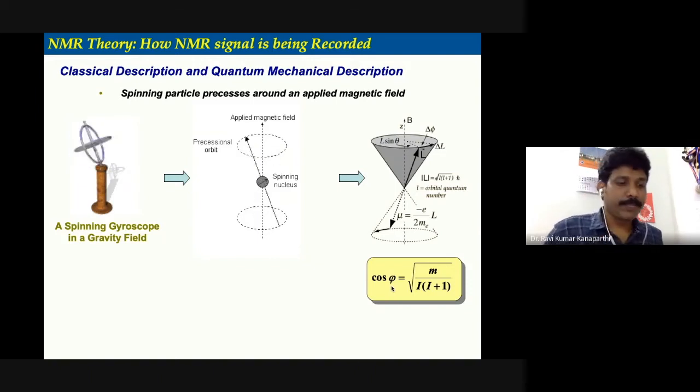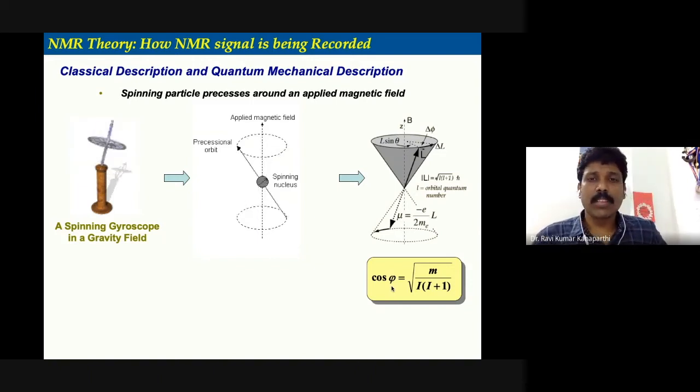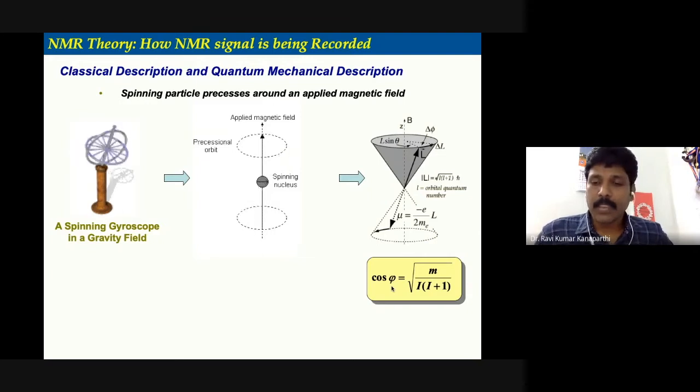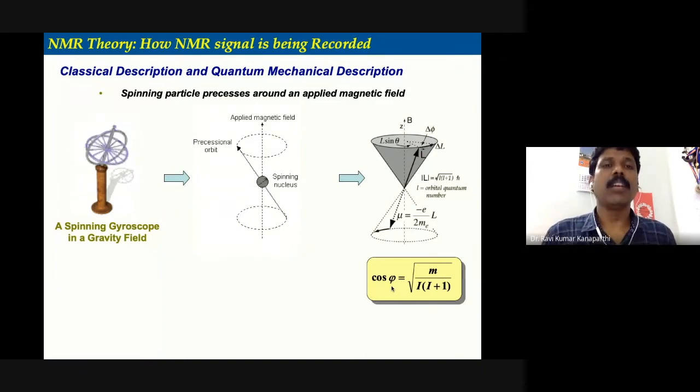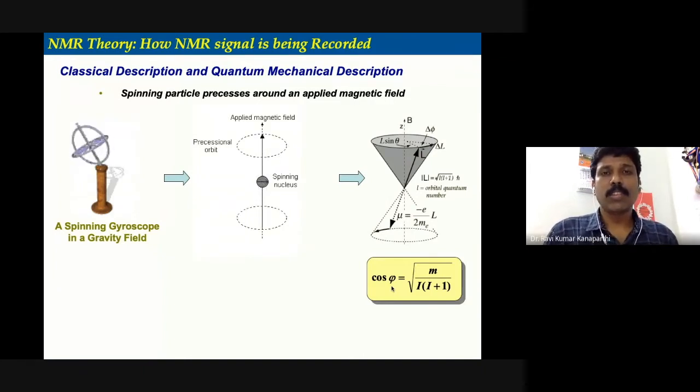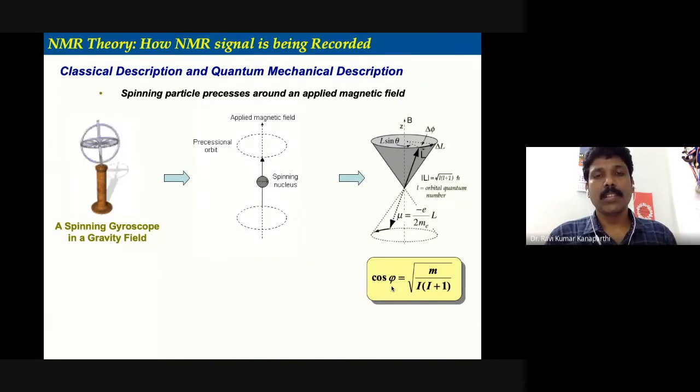Dear students, today we will continue our discussion on NMR spectroscopy. In the last class, we discussed NMR sensitivity and the parameters that influence it. So all those aspects we have learned. And in the present class, mostly we will concentrate on one aspect, that is how one can actually detect the NMR signal. There is a nice, beautiful explanation and theory, and we will try to understand that.